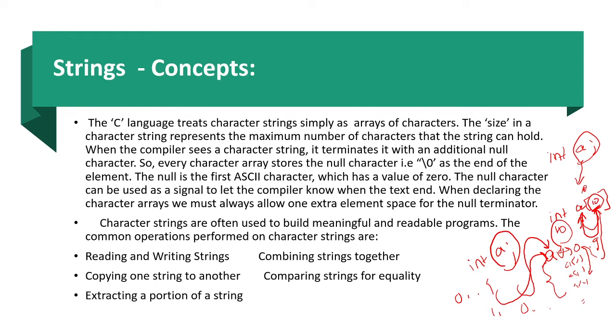In the same way, if you are able to declare a character type of array, that is the string. String is a character type of array. What is meant by string? String is a group of characters. In simple way, what we can conclude, string means a group of characters.